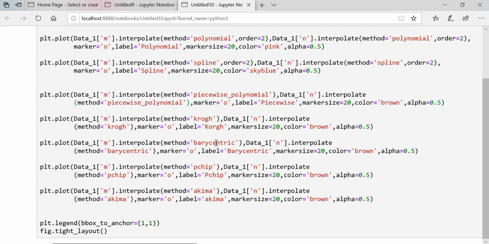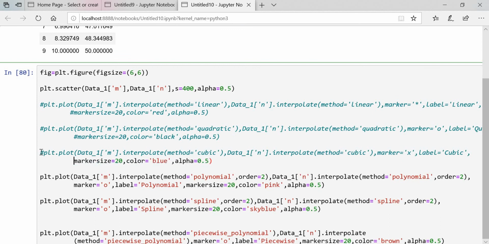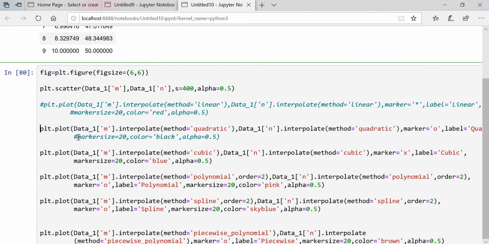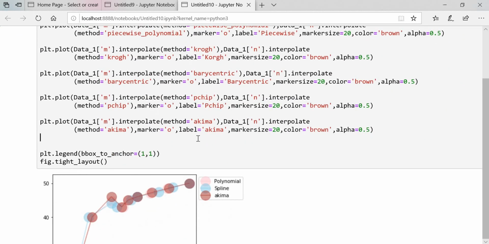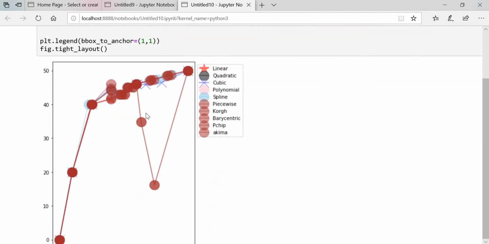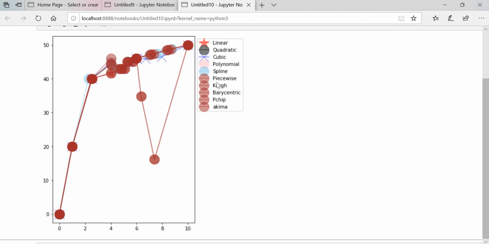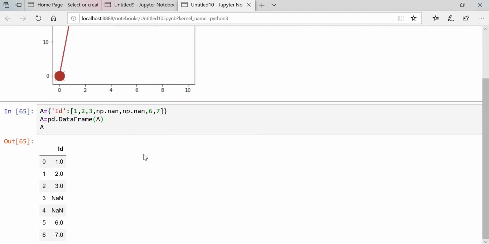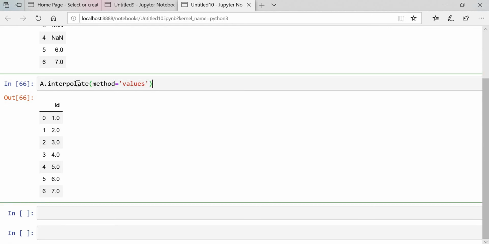Now I will show you all of these methods in one graph. This will not make much sense, but okay, you can see here 1 2 3 4 5 6 7 8 9 and 10. We have 10 methods. One more we have, that is value, which we have already seen over here.